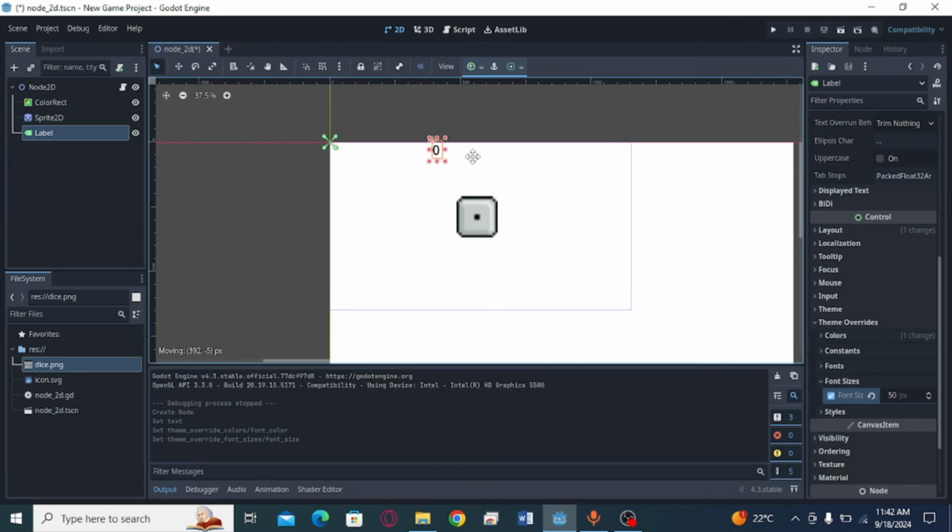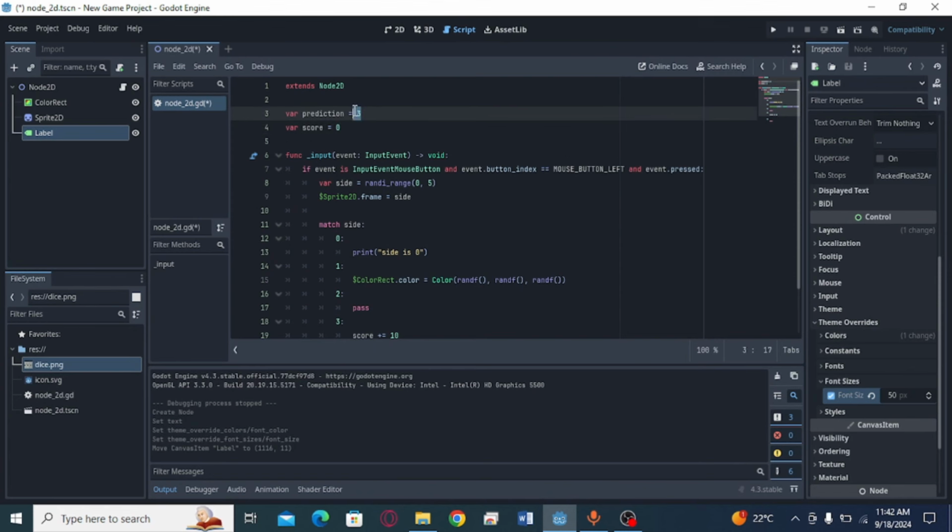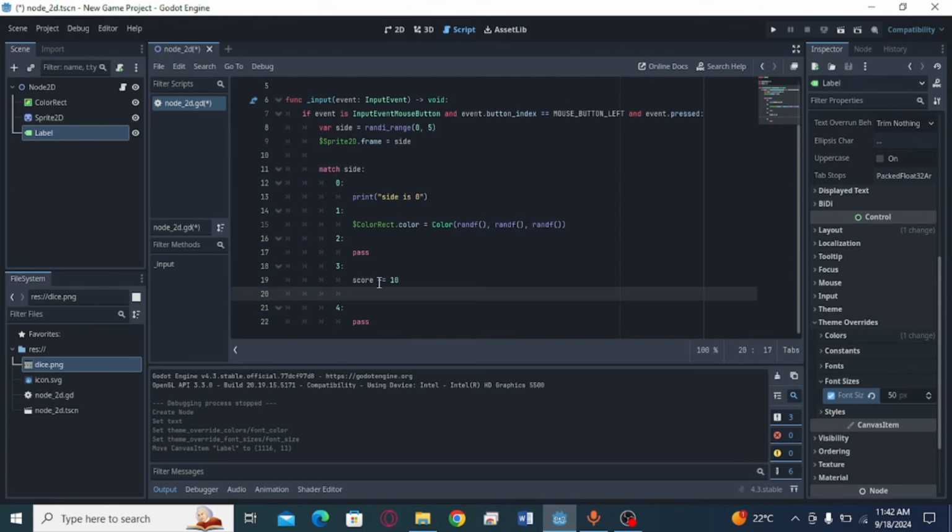Then you can drag it to the right of the screen, and then on your script, if our prediction is correct, so if the side is the third side, we can say that our label is equal to the string of our score. So with that, if we run our project,